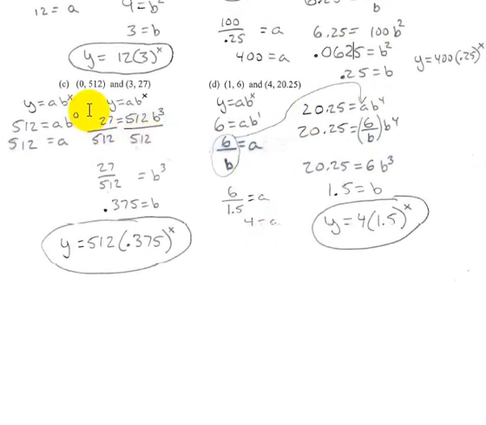Here, same process. Ooh, I know the 0, so that means my a is 512. And then I'm plugging in my y and my x. There's my y, there's my x. I know the a value, I plug it in, divide by 512 on each side,